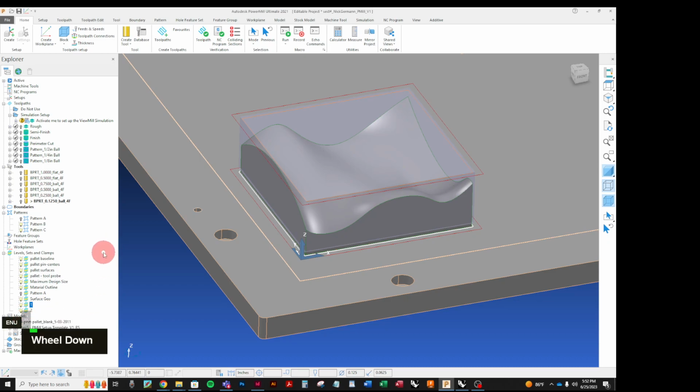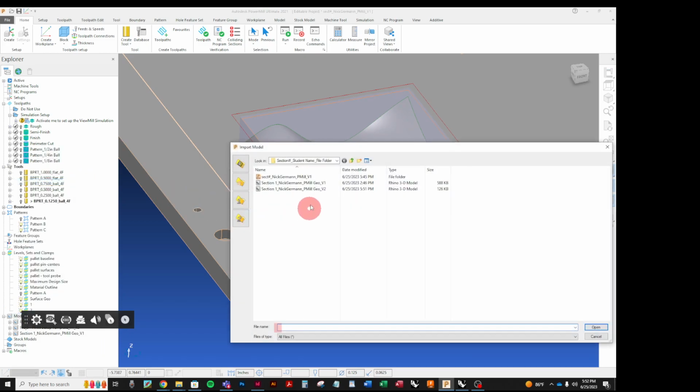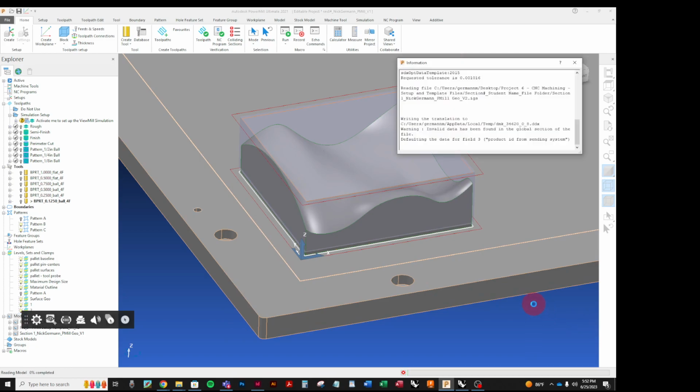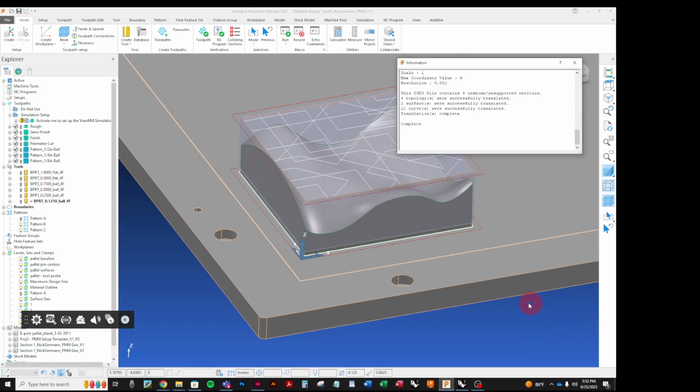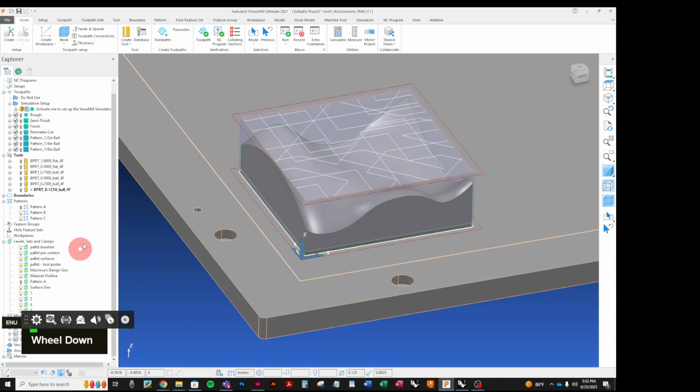Oops. Oh, my thing's getting in the way. Sorry. There we go. Import model. We'll call this version 2. Okay. Technically, there's copies on copies, but right now that's actually not a problem. So what we're going to do is, there we go,